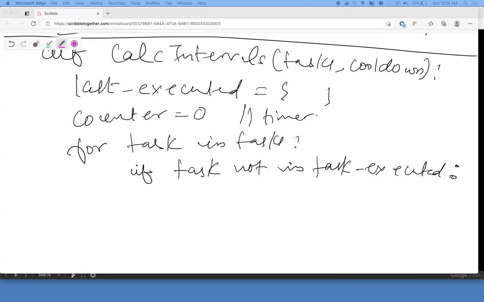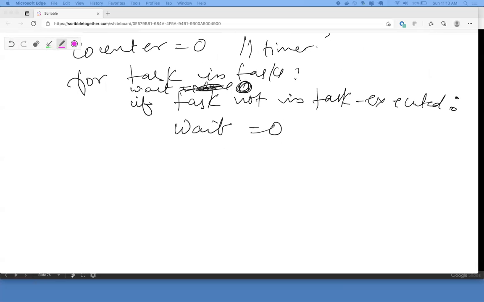So what I mean in the solution, right? What they're doing is they are making a variable called weight equal to 0. Let's say they initialize it to 0 only. Okay, and they are initializing weight equal to 0 here. Now they do else. This is the waiting period, and at the end they actually calculate what the waiting period actually is, and they set the last executed time to that.